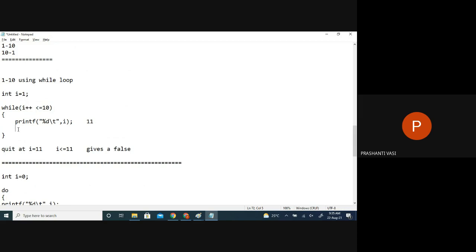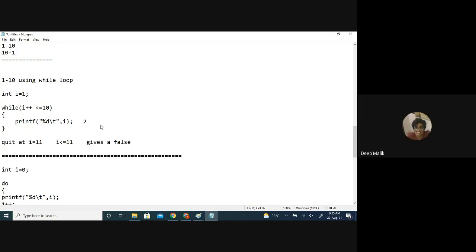So it's not necessary that we always have to write it here only. But here printing will start from which number? At this condition, it was 1. But after the condition is evaluated, after that it becomes 2. So if you want to print from 1, we have to start with which number? 0. Then only it will start printing 1. So it depends upon your coding, how you have done it.